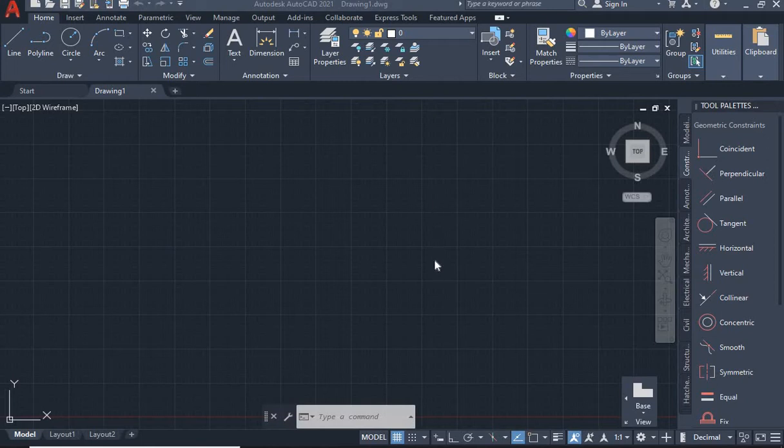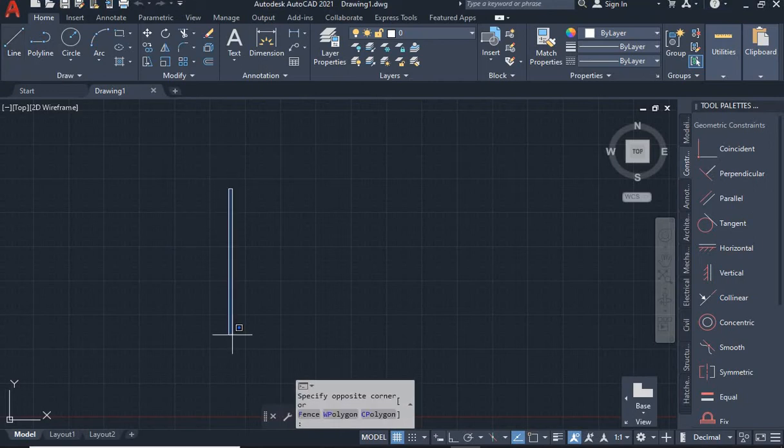In today's session we'll be learning how to use the draw tool, which involves line, polyline and circle. So we'll just check out these three tools. The first thing is the line command. Either you can take up the line command and then start drawing